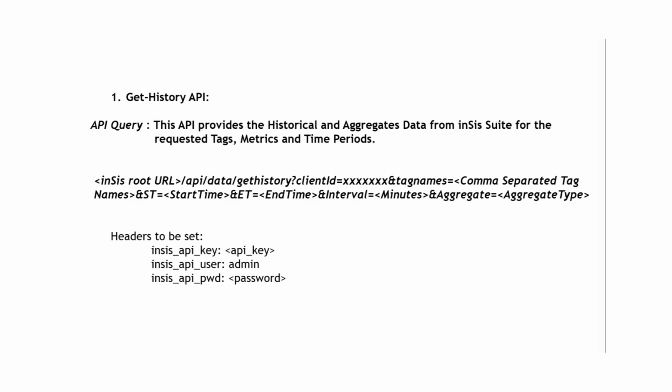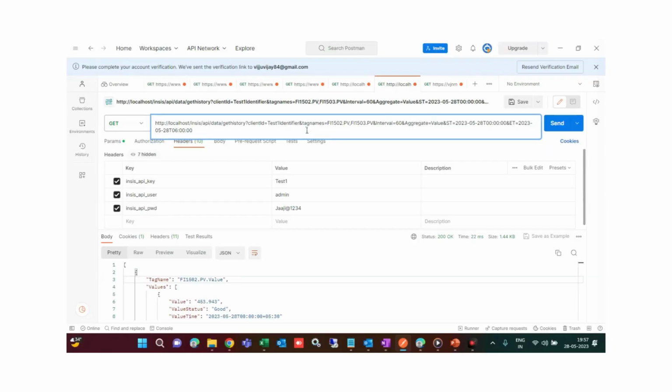Using Web APIs, you can also call historical data by making a request to the endpoint with the appropriate parameters that specify the date or time range for the desired historical data. After obtaining the necessary credentials and API key from the provider, proceed to construct your API request. I encourage viewers to pause the video and familiarize themselves with the parameter names and format required to retrieve the historical data. Now I will make a request to inSys API to retrieve historical values for tag names FI1502